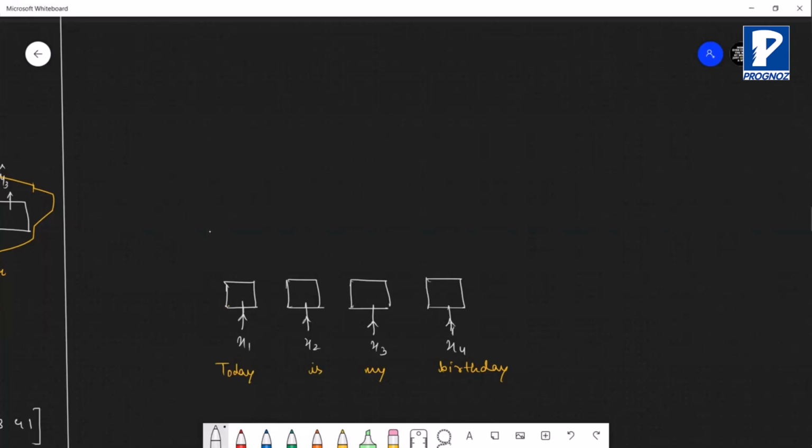But in case of the attention model, what will happen? Here, this is how we will be considering the output. Now all of them will be added together. This is known as an addition gate.